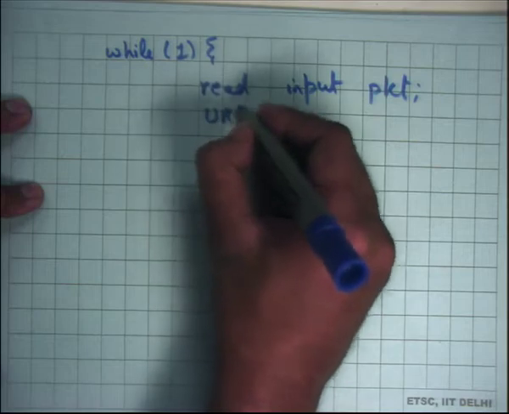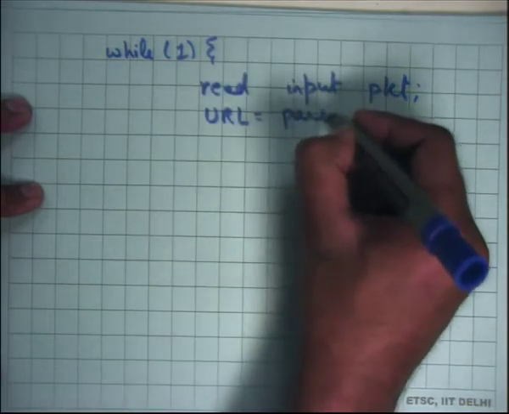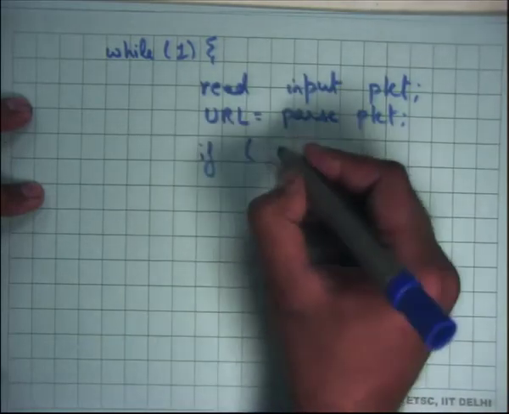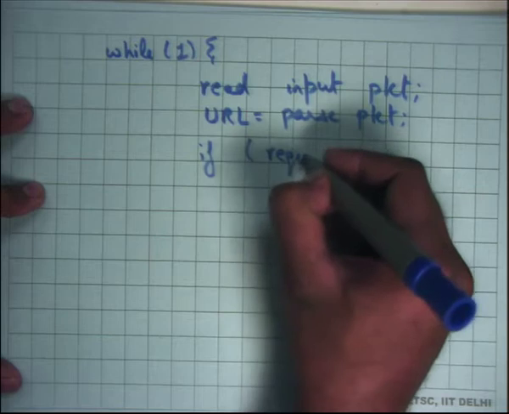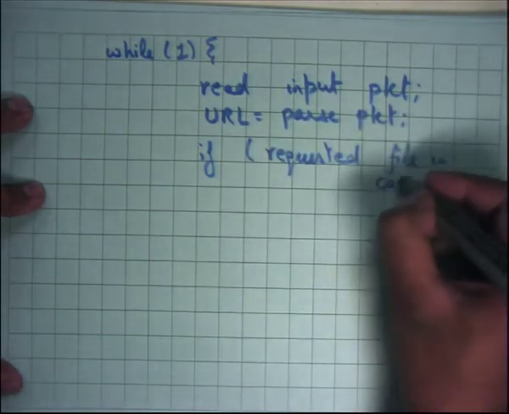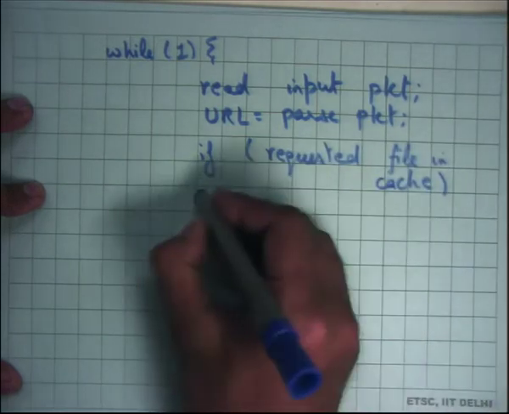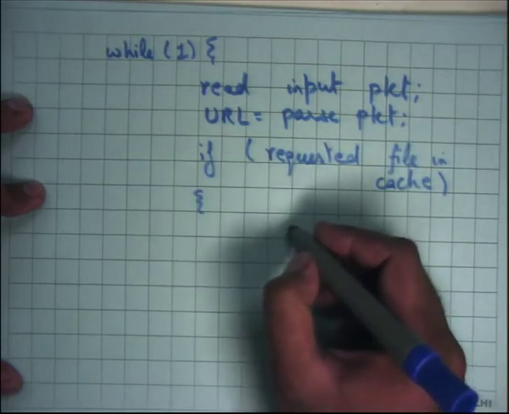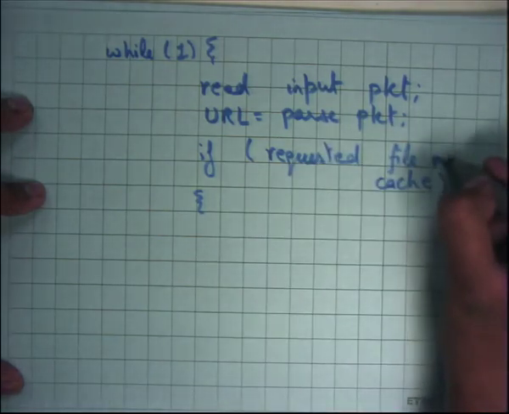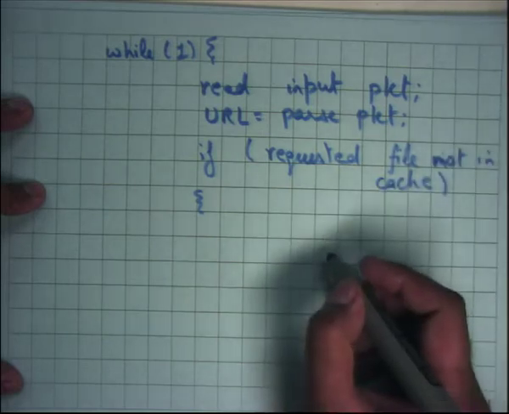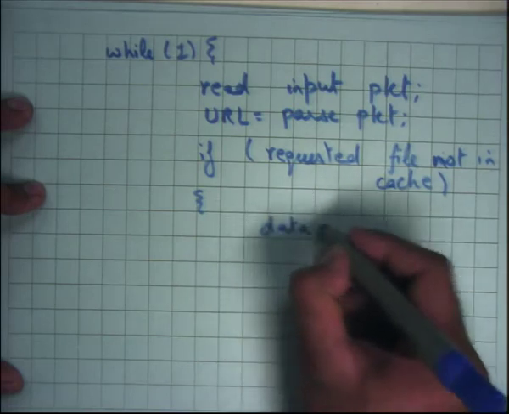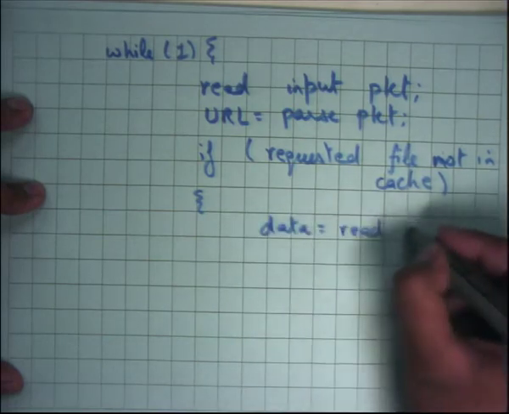Let's say URL is equal to parse packet, and then if requested file is not in cache, then data is equal to read from disk,